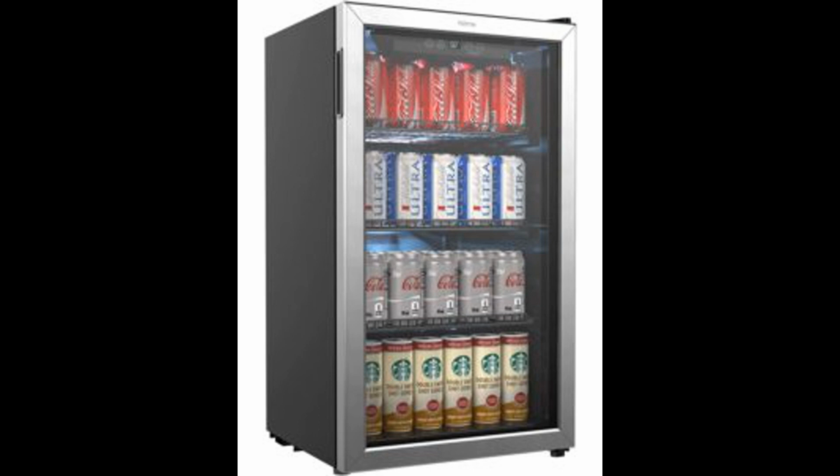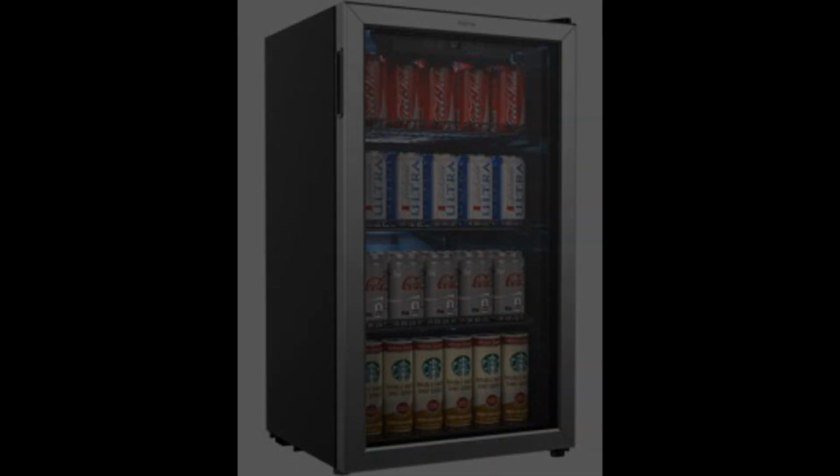The hOmeLabs Undercounter Beverage Refrigerator and Cooler features a very modern design with slick black exterior features as well as a see-through glass door. On the inside, the manufacturer has fitted a series of blue LED lights that do not only make it easier to see inside to decide what beverage you want to enjoy, but also further adds to the great design and decor offered by this particular refrigerator. With this fridge, you can keep up to 120 cans of your most delicious beverages at the temperature that's already the best to serve. Coming in at number 5,